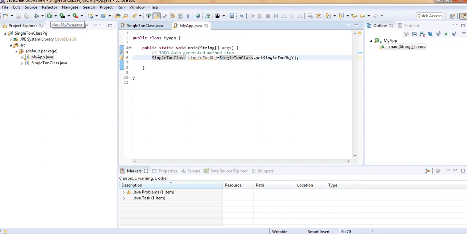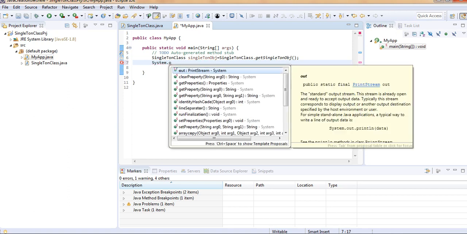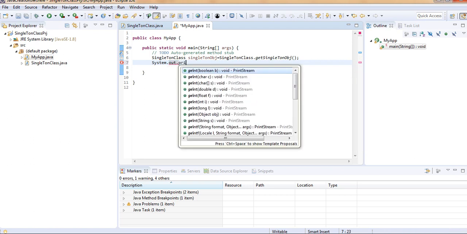Obviously it doesn't have any bug. Let me check. Yeah, there are 0 errors, so fine, it's running, but we need to check this too. As I said, it is a single object and one time creation, so let's have a proof for that. So let me print this, System.out.println.